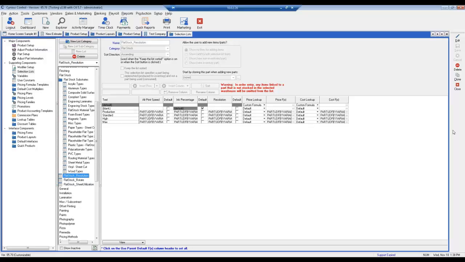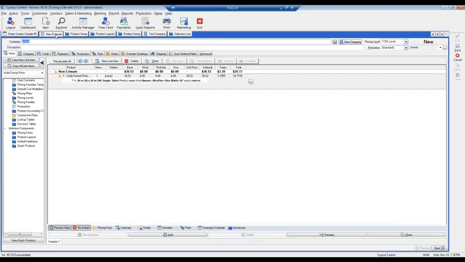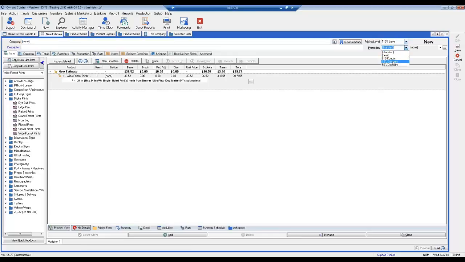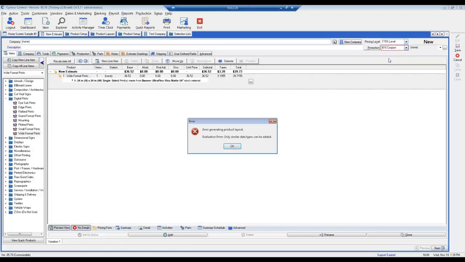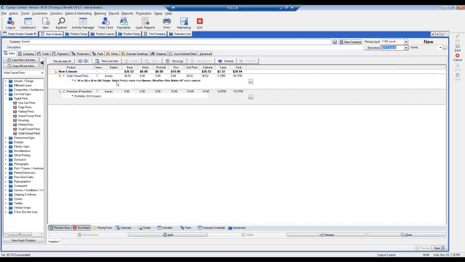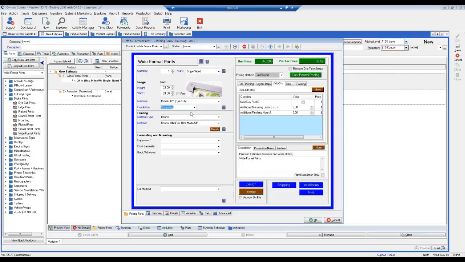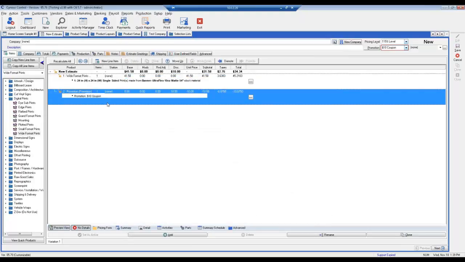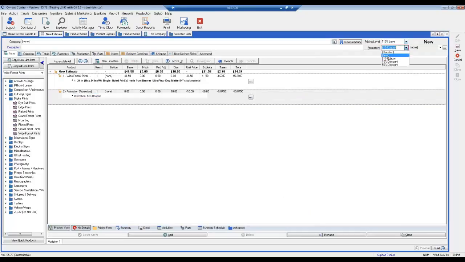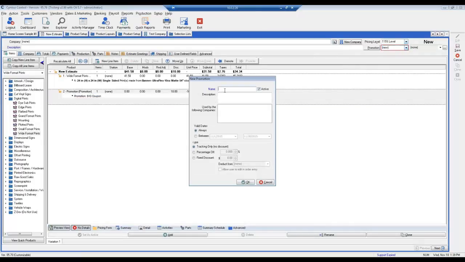But we do have some more pricing questions. Can you give a customer a flat dollar discount? And the answer there is yes. So back in the promotion, you saw that there's a percentage discount, and then there's just a flat $10 coupon. So I can select $10 coupon, and what it does is, okay, because I left my error here, let me fix that. It actually adds an item that will give you a negative price on there, and you can create additional ones on there by going and saying new